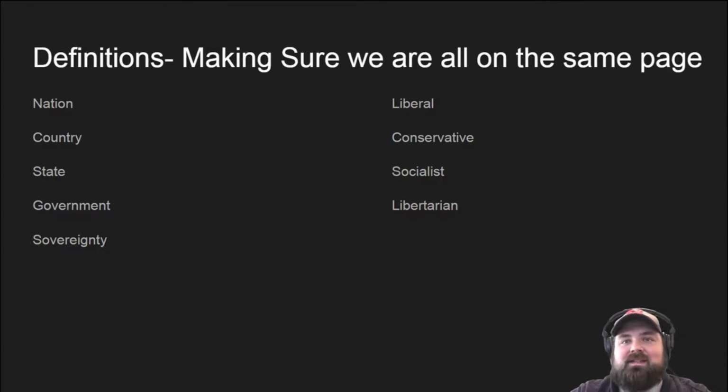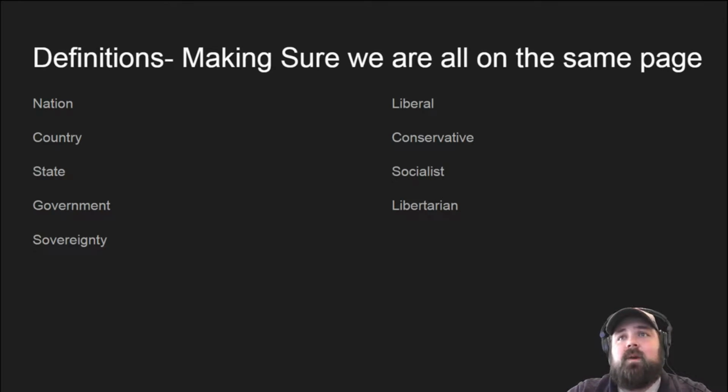Now, we in the United States consider ourselves to be one nation, and this is because of the bonds of history, but we're almost a nation of many nations. That's one of the unique things that America has going for it. There's a whole bunch of these different groups of people with common linkages together. So this nation is going to be really important to understanding a lot of the things that go on in American politics. And the core thing that I want you to remember here is that with the word nation, we're talking about a group of people. That's how we're going to be using nation.